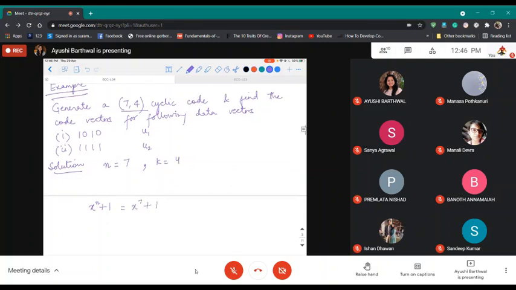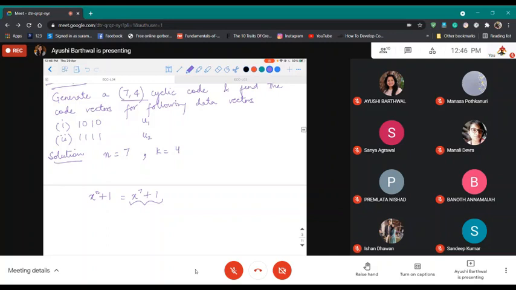If you have to write down the factors of this polynomial, I am writing down the factors directly over here. So it would be x plus 1, 1 plus x cube, and 1 plus x square plus x cube. Fine. So there are three factors of the polynomial x raised to the power n plus 1.